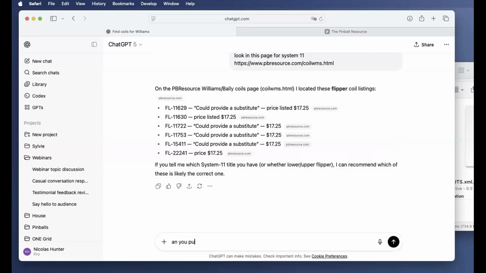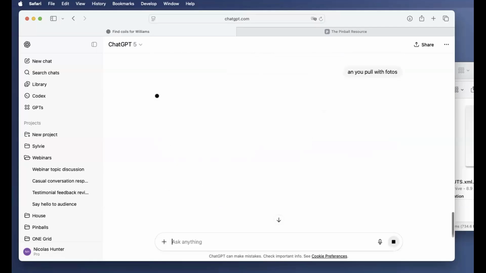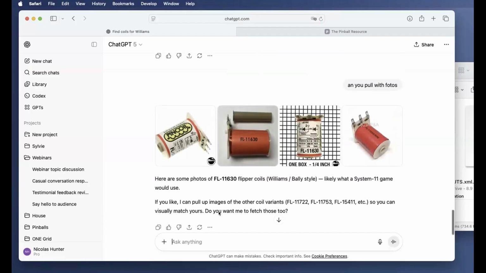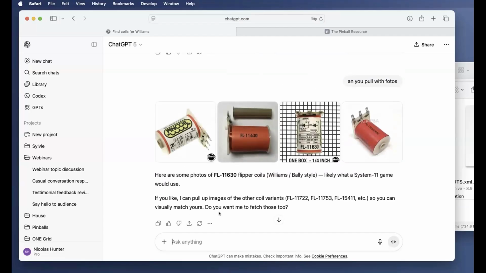Can you pull with photos? If there's photos, boom, of the photos, right? So you can do that. So if you have an endpoint, right?